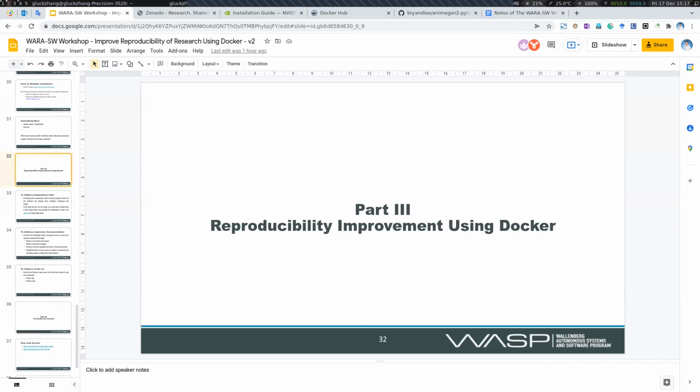Maybe I can ask a question. Thank you. So how would you use Docker and Conda together in your workflow? Do you develop in Python? What's your advice there? Like, if you want to use Conda to separate your environments locally,